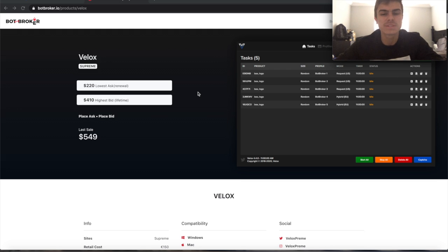And I ended up selling them both to one person for $420. So right there alone, I made $320 profit. So that paid for the bot, and it paid for the proxies, and I still made a little profit on top, and I just felt like I balled out. So it's a great feeling, and I think that you can replicate that with Velox, especially for these motion logos